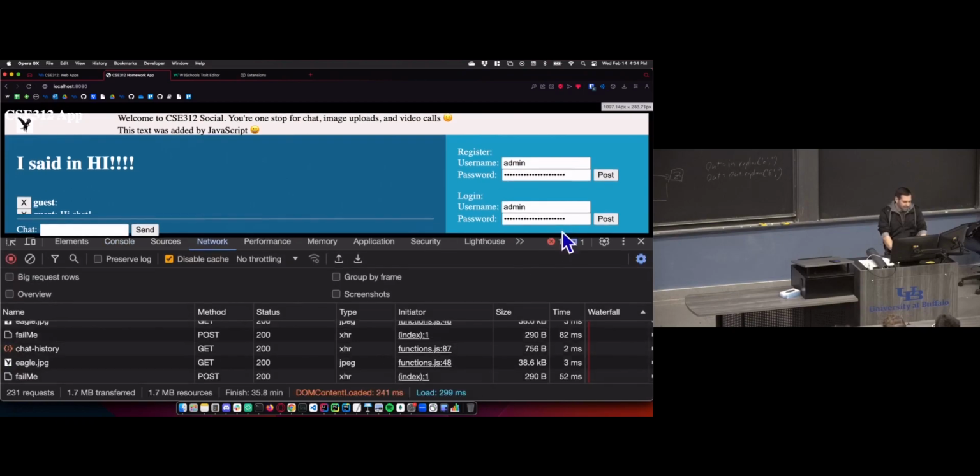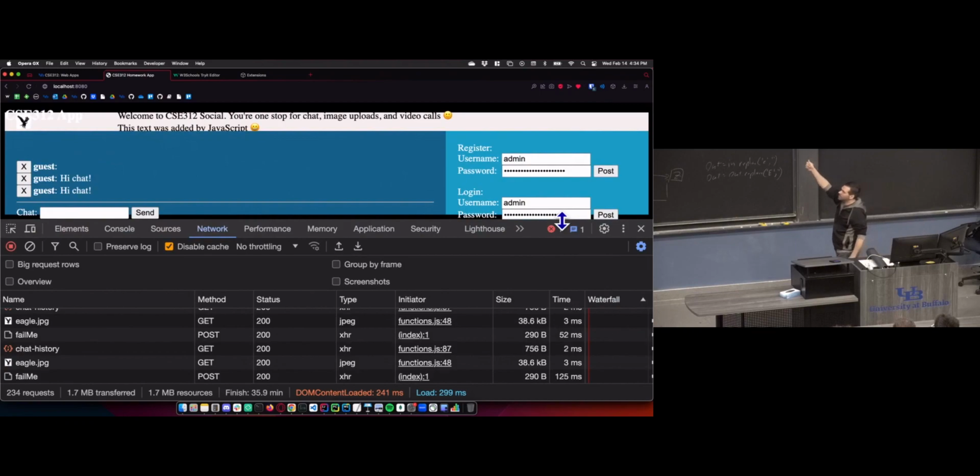Oh, and by the way, I got to mention this. I haven't been in the browser console very much in lecture. I think this is the first time, actually. I don't have too much time in lecture to do a lot of demos, so a lot of the demos I used to do in lecture are moving to recitation. So recitation is where you can see a lot of the demos and the hands-on and the practical stuff. So if you want more of this stuff, recitation's got it for you.